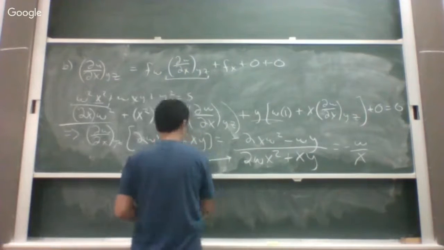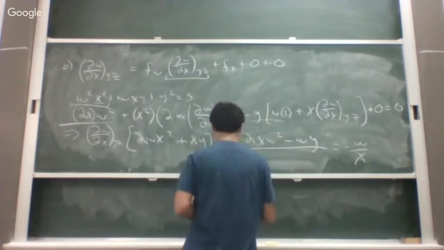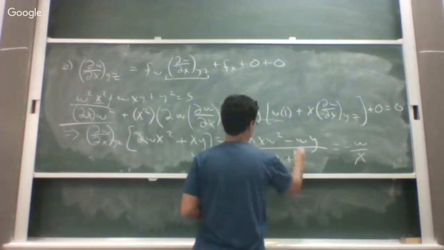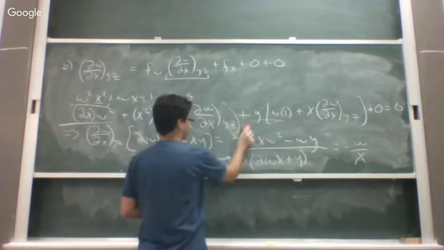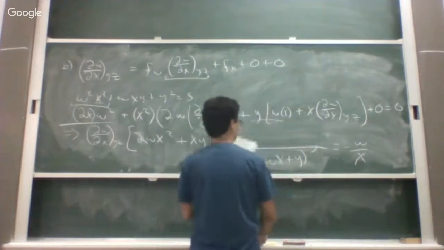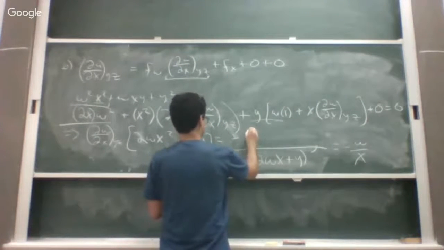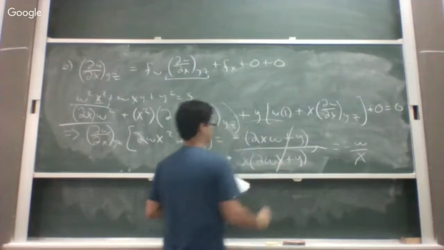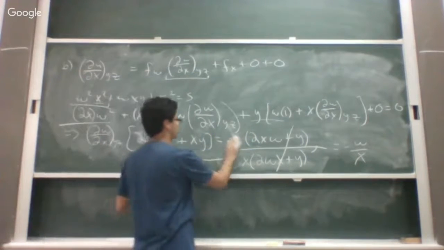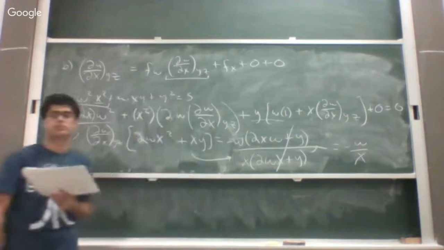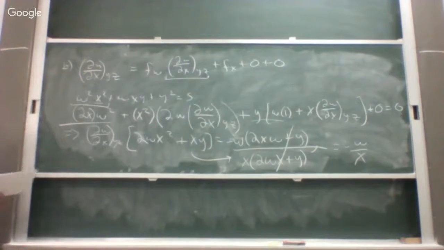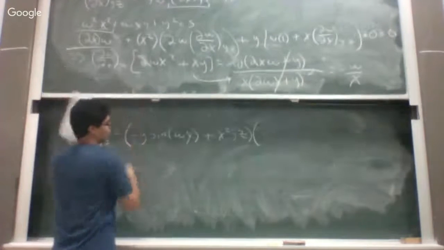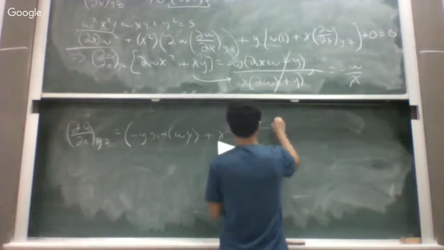So then, forgot a w. So times minus w over x